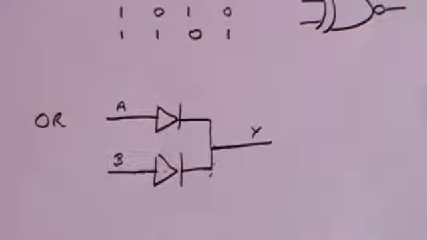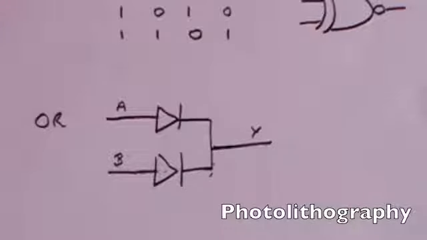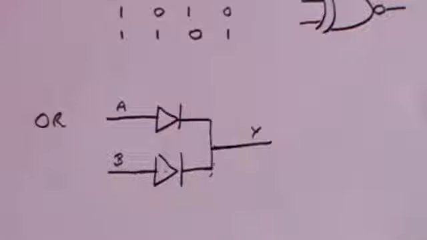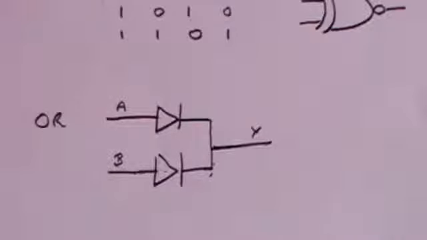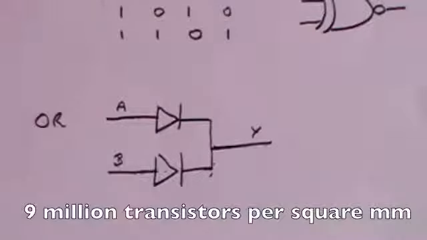And finally, just to give you some flavour for how these logic gates are used in computers, they no longer use separate individual transistors. Instead, they use a process called photolithography, which is essentially a means of etching on semiconductor material so that you create not just one transistor, but what's called an integrated circuit. And currently, you can get something of the order of the equivalent of 9 million transistors per square millimetre of